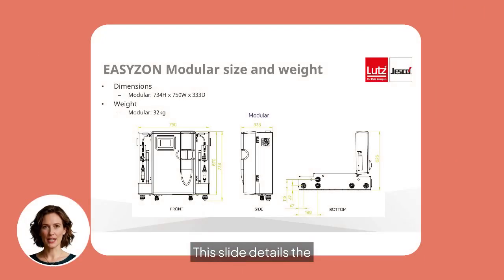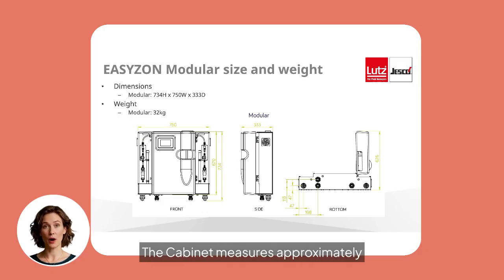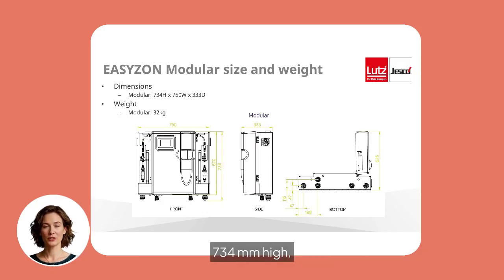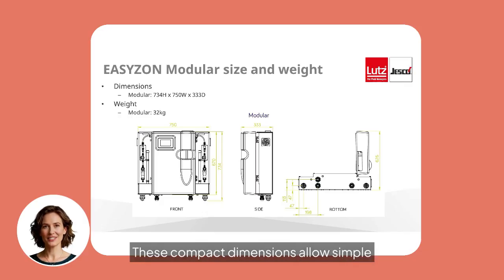This slide details the EASYZON modular unit footprint. The cabinet measures approximately 734 millimeters high, 750 wide, and 333 deep, with a weight of 32 kilograms. These compact dimensions allow simple wall or frame mounting and make it easy to integrate the generator into existing plant